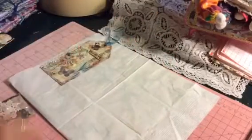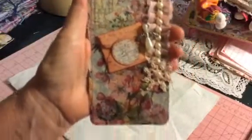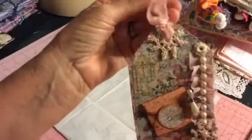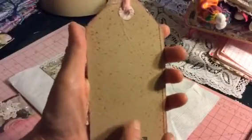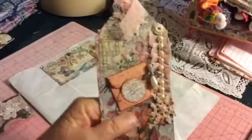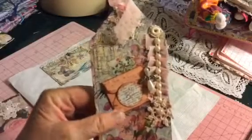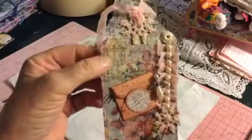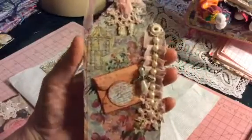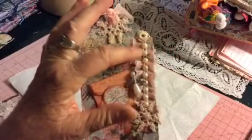That's one tag, and this is the other tag, and this is a bit more shabby, I suppose. I've used some, now I can't remember the name of this fabric. Again, I used a cereal box, and I sewed just around 2 sides there. I decoupaged with 2 lots of napkins, a beautiful floral napkin there, soft colours, and then I had a napkin that had this little bird cage and a stamp. If you can see that just there,